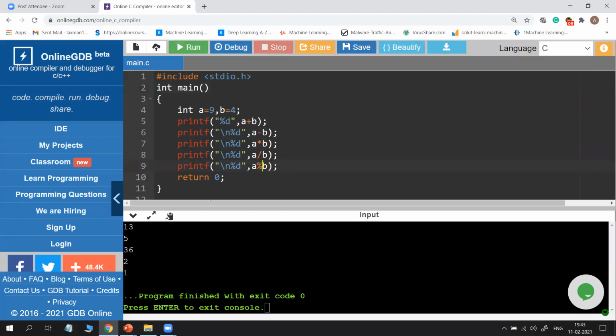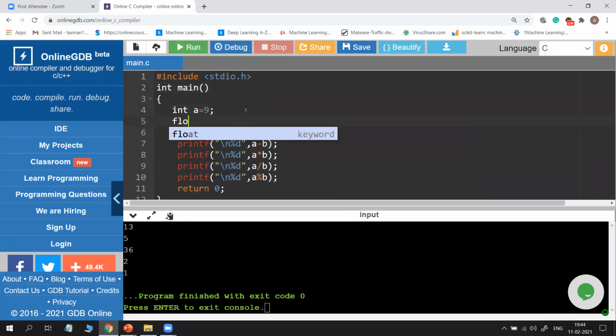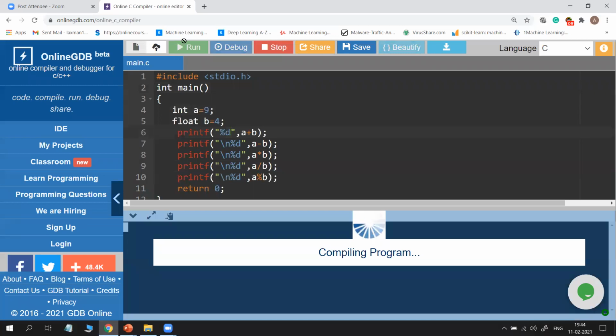Now I want to get the full value, so I want to declare as float. See here, int a is equal to 9, float b is equal to 4. Now one is integer, another one is float, and I want the result in float. First we run it.